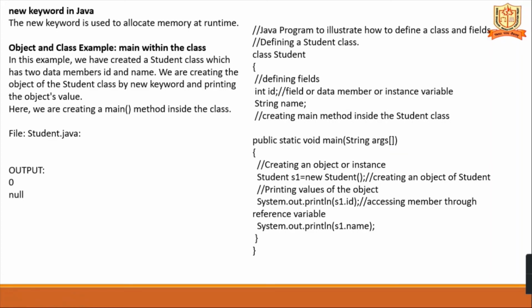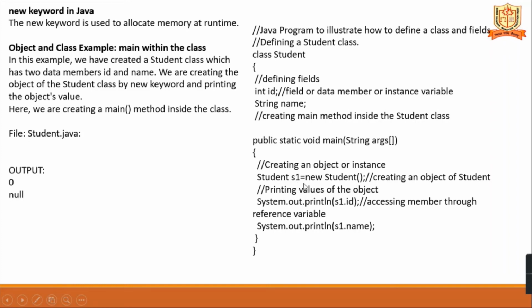Next. And then after writing the main method, you are supposed to create the object of the class. What is the class name? Student. And Student followed by the variable name, and this is called the object, equals new keyword you are using. To create the object of the particular class, you are supposed to use this new keyword, new and the Student. So then it will create the object of the class. Is it clear?